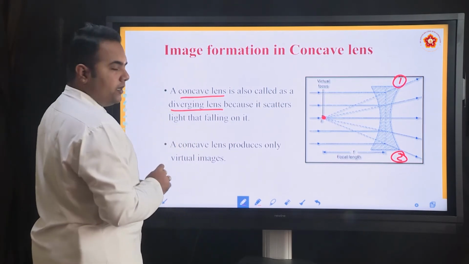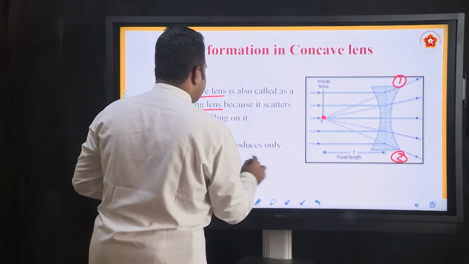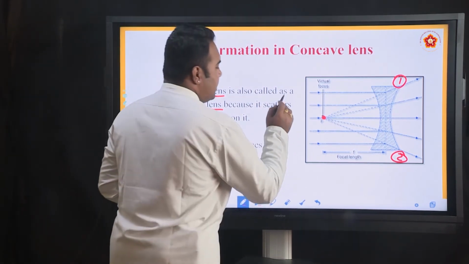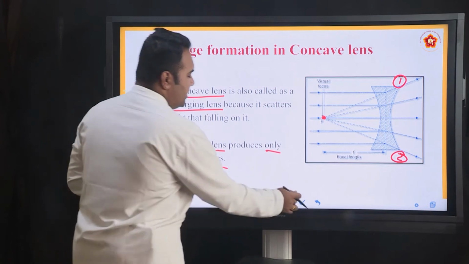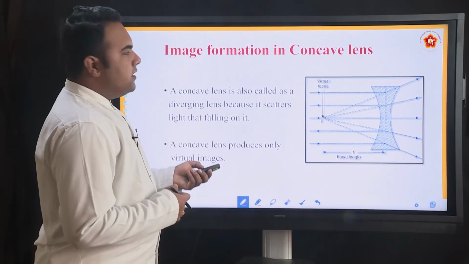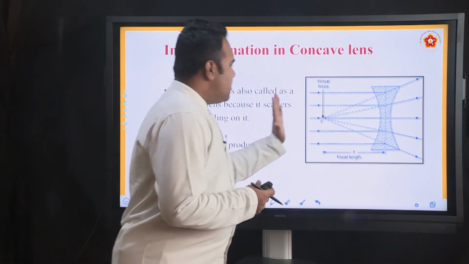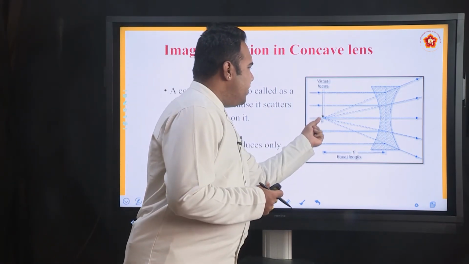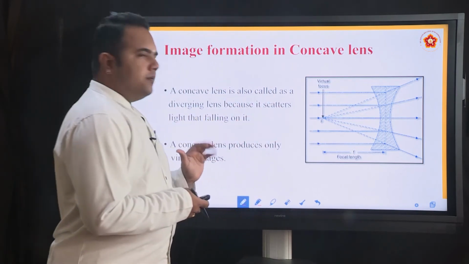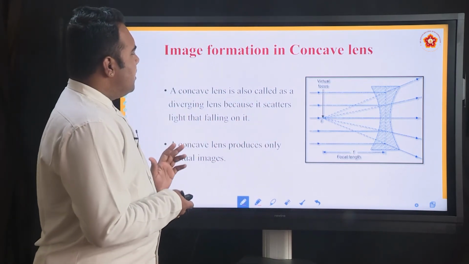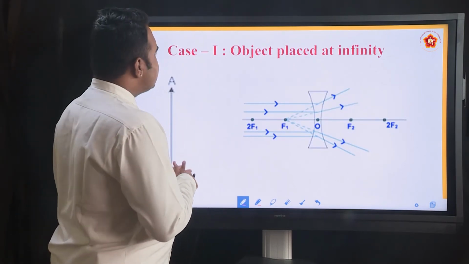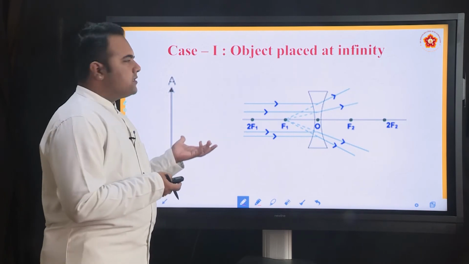And second point, importantly, a concave lens produces only virtual images, which means these are virtual and erect, and we can never obtain these images on a screen. So, therefore, for a concave lens and a convex mirror, because we are placing our objects on the left, there is no exact point at which we can mark and then check the different positions of the object. So, therefore, there are hardly two cases in a concave lens and a convex mirror.